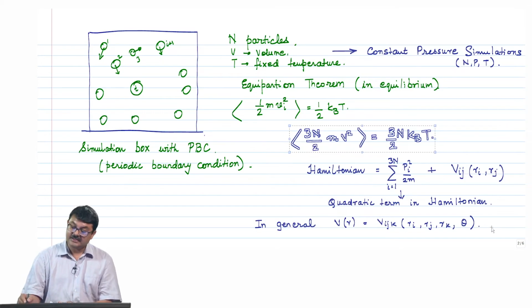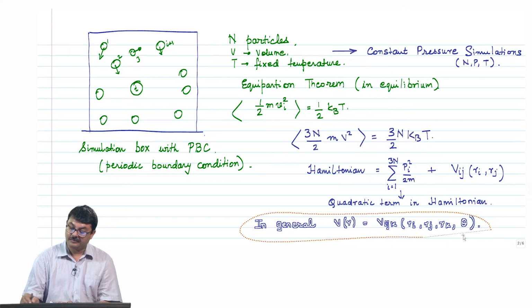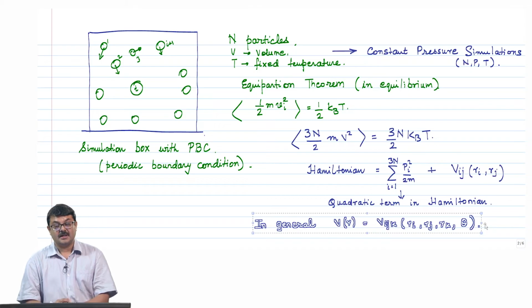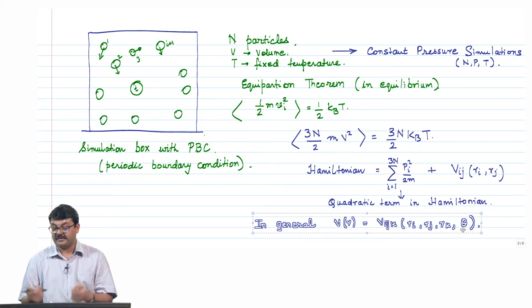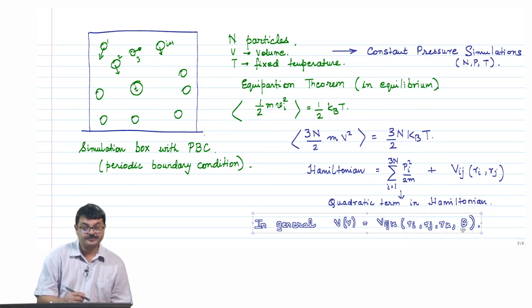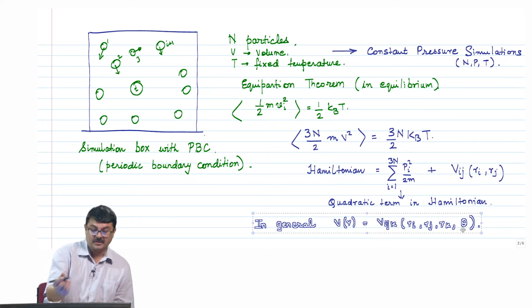Here we have considered a potential which depends upon the positions of two particles, but in general you can have a 3-body interaction or a 4-body interaction. If it is a 3-body interaction, it will depend upon Ri, Rj, Rk, the position indices of 3 different particles. It could also depend upon theta. You could have a theta dependent potential, where theta is essentially the angle between